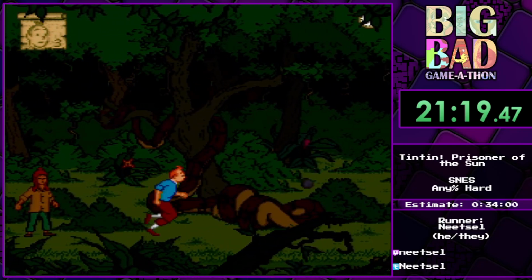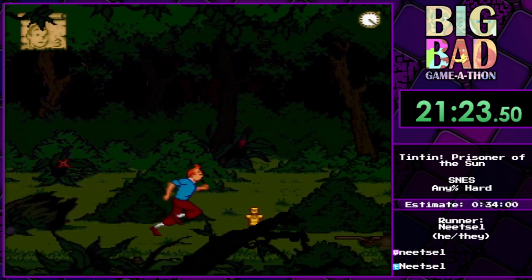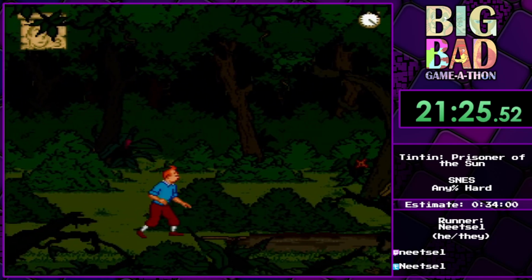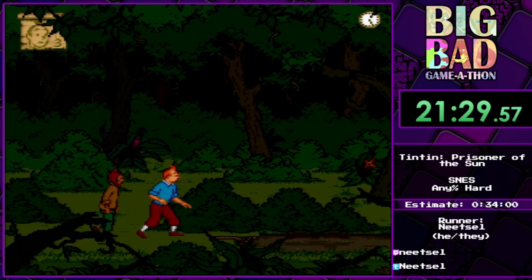So yeah, you don't have much time to actually throw the rock, and it's dead. You can actually pick up this branch to do melee attacks, but the collision is even worse, so...